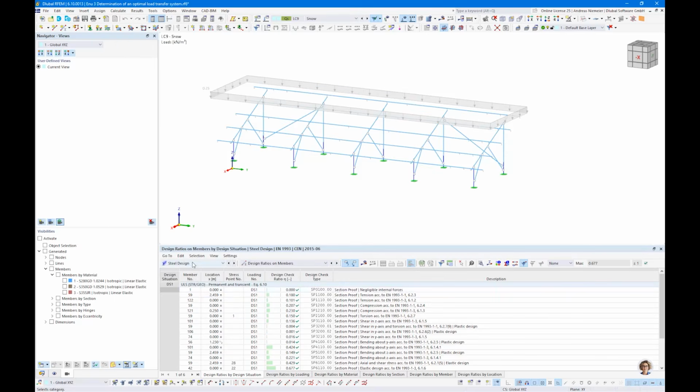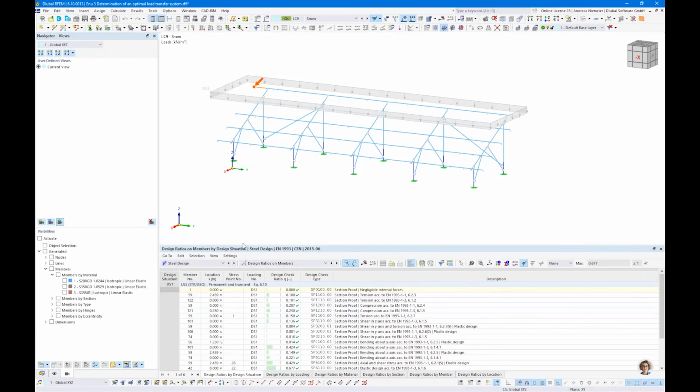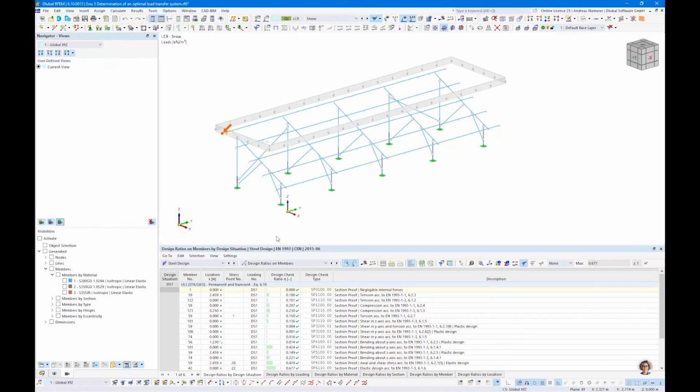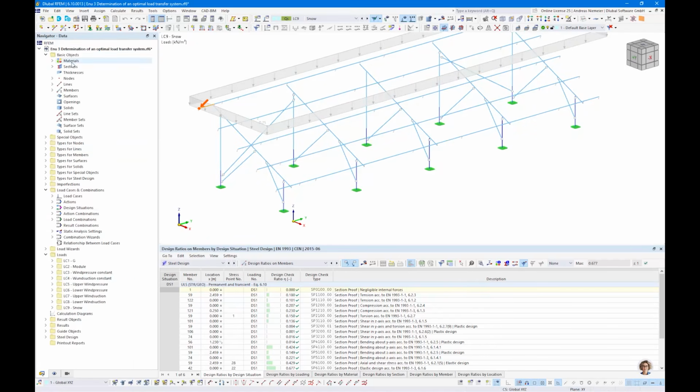And this design situation is given to the design, and then by checking all these situations, these 40 load combinations at every x place of members, you get this result. By doing this, you can consider a lot of effects. You can consider different cross sections. So you see here, the engineer of this model